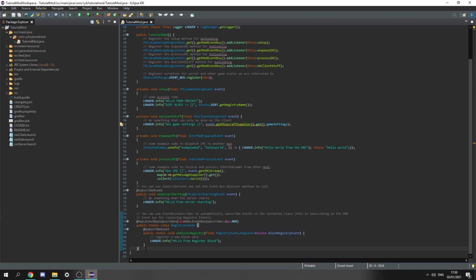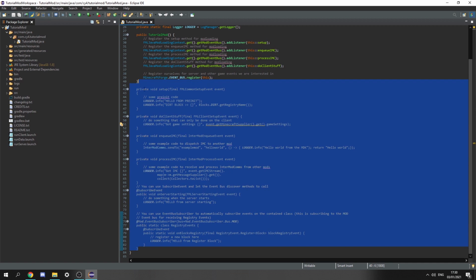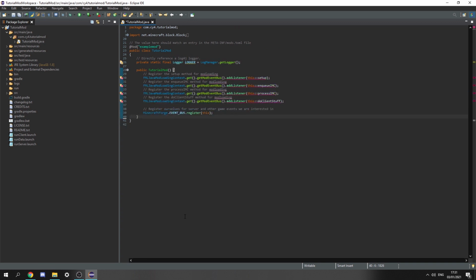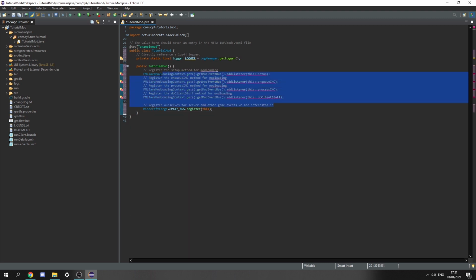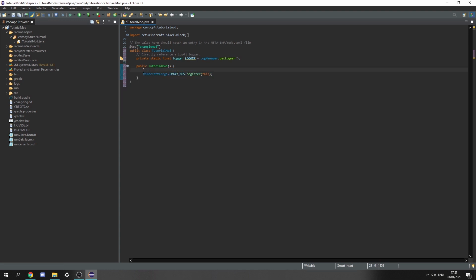Let's start by deleting all of these methods here, from private void setup to registry events. So let's just delete that, and you might see we get a lot of errors. You can also press Ctrl, Shift, and F in Eclipse to automatically format the code. Now let's remove all of this here, but leave